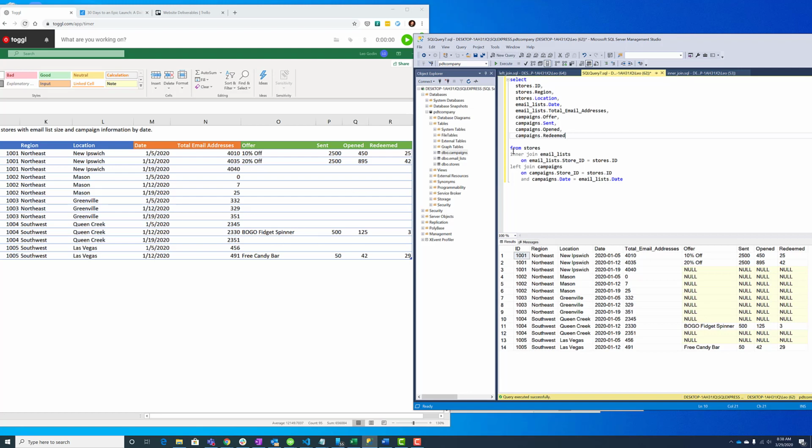So what we did here is we joined with 3 tables, but we used 2 different types of joins. The inner join on email lists limited the stores to only those stores that have an email list. And then the left join on campaigns added the campaign information for any of those stores. If we had done an inner join, we would only get 4 rows, and it would be the ones that have a campaign. So you can mix and match joins, and it can get really confusing and complicated at times